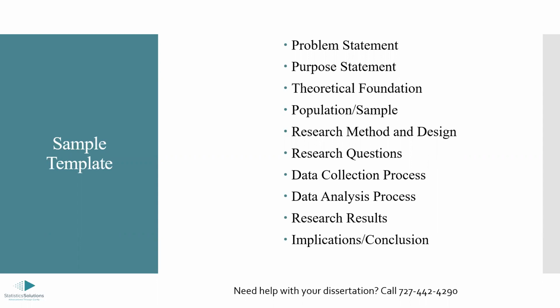Then you go into each research question. To address research question 1, we're going to run a regression. We're going to run a correlation or an ANOVA. You go through each research question. You talk about the assumptions that are going to be checked. You usually have to check for things like normality, homoscedasticity, multicollinearity, things like that. And then you report your results.